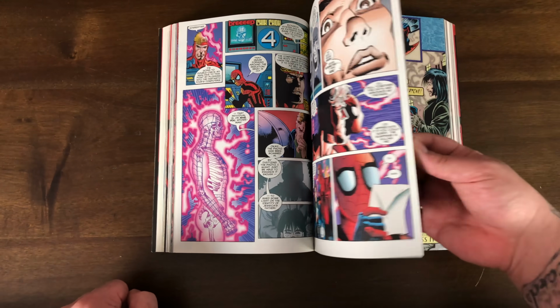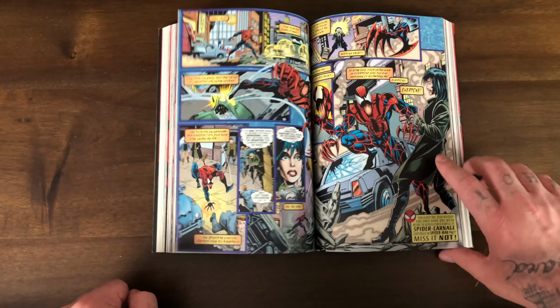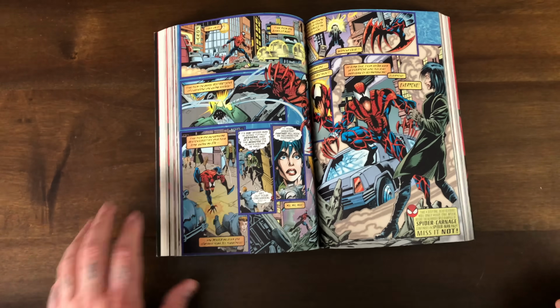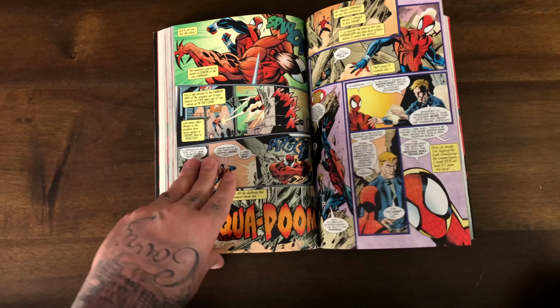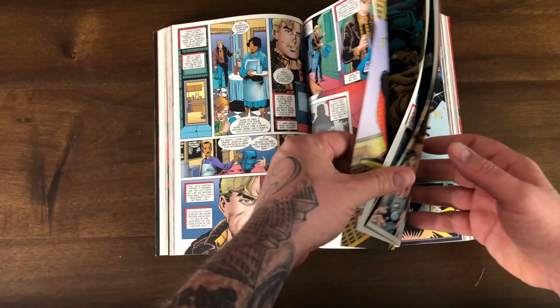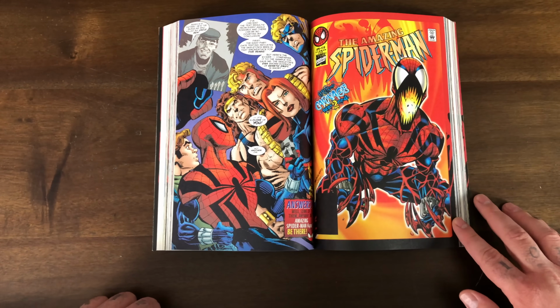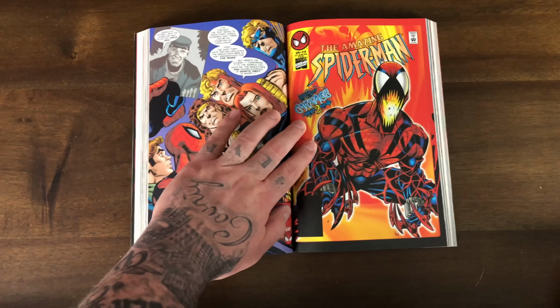Then you got the Ben Reilly Spider-Man stuff, and his interactions with Carnage. Oh, and yeah, that's right. 410 is the Spider Carnage issue. Guys, I love me some Spider Carnage. Let's look at the cover of that. Love this cover so much. I used to have this graded. I can't remember if I had it in a 9.8, but